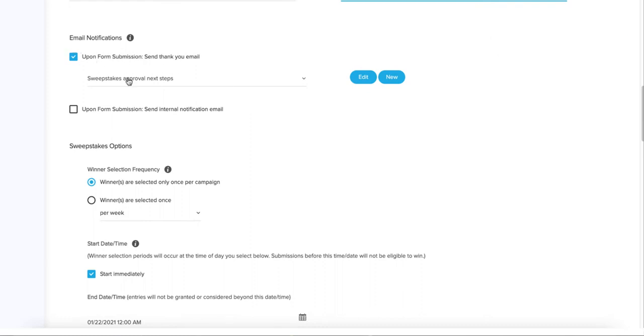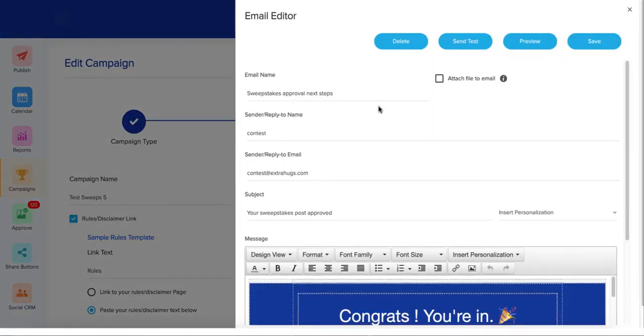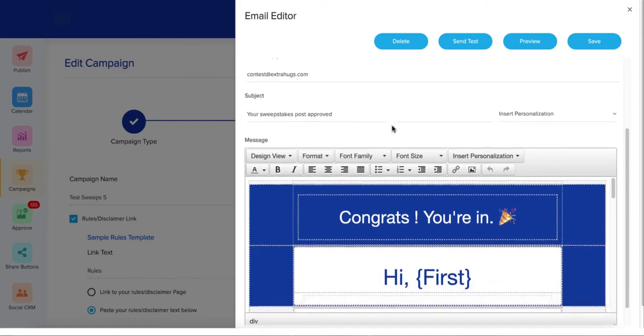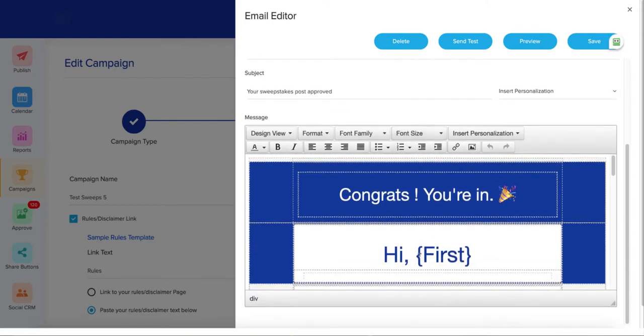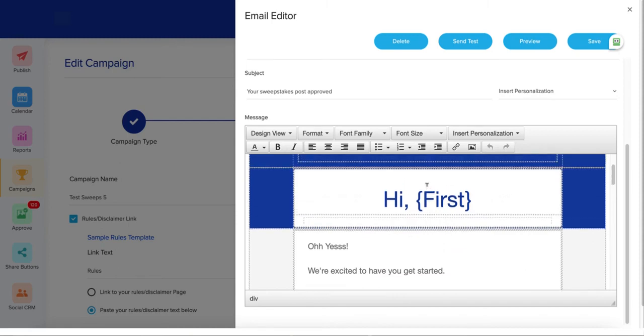So we have default email notifications set up already, but if you want to edit those and maybe add some branding, feel free to do that. So this is a custom one that we created. Notice that with our email builder, it's fairly simple. It's what you're used to seeing with an HTML designer. So you can actually drop in personalization fields. So right now this says first, and what we can do is say,